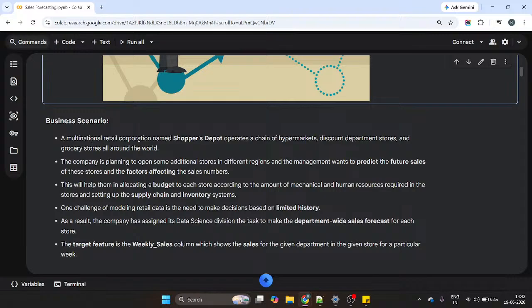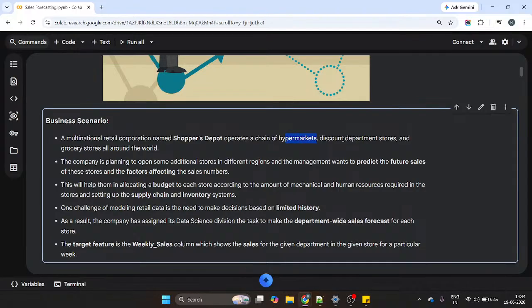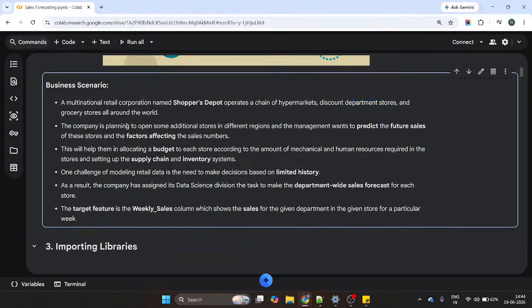A multinational retail corporation named Shoppers Report operates a chain of markets, discount departmental stores, and grocery stores all around the world. The company is planning to open some additional stores in different regions, and managers want to predict the future sales